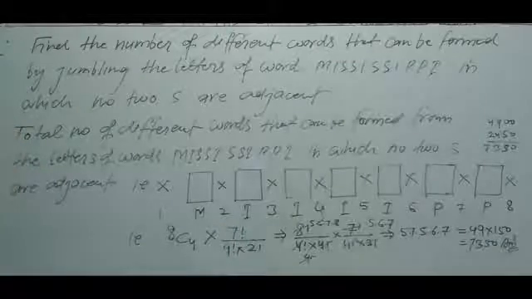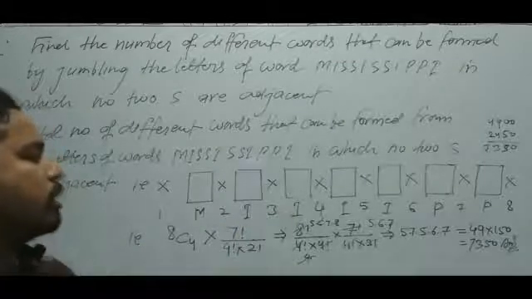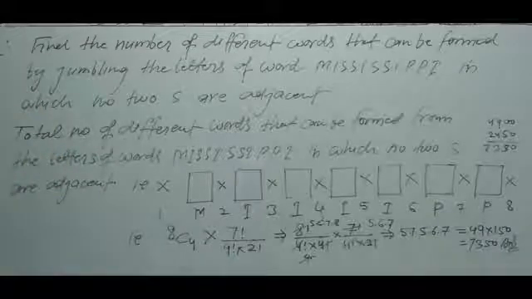This is the identical part. And factorial 2 means for double P. So after calculation you will get this result. See,